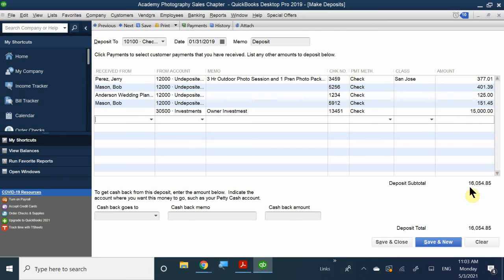$16,000. Now again, this won't reflect the same as your book because I went ahead and did the partial payment, so I received that partial payment. Okay, so there you go. Now it tells me that I'm depositing this grand total amount. All right, and then here's the section where I was going to talk to you guys about is that now